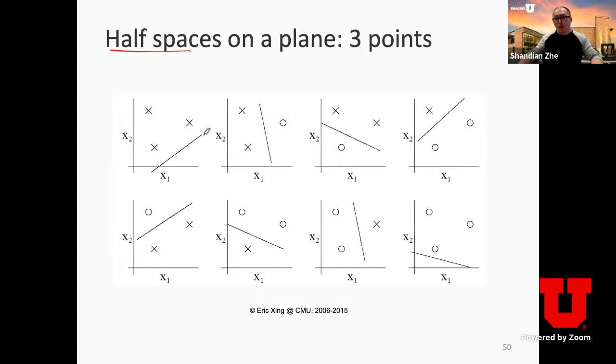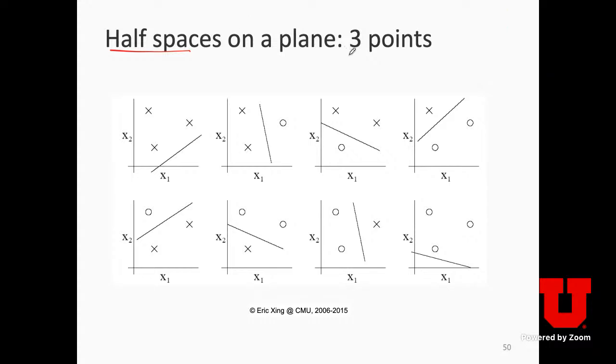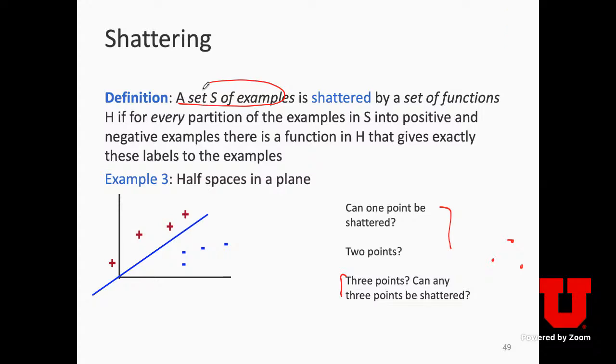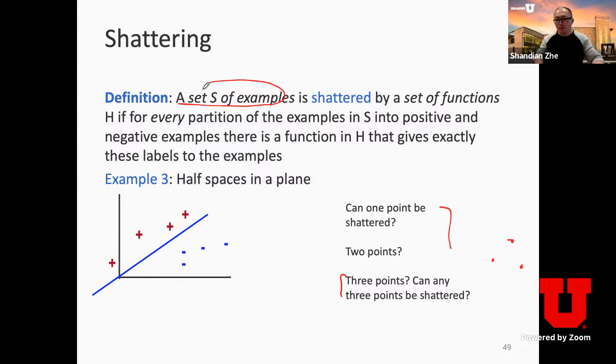Because I'm going to emphasize this subtlety. Yes, you're right. When we talk about shattering, we're talking about a particular set of examples. We're never saying we're able to shatter every possible 3 points. As in the example you just mentioned, if these 3 points stay in a line, they are not shattered by linear classifiers.